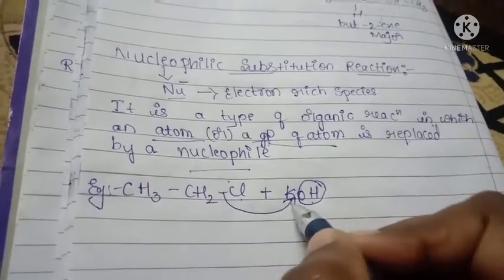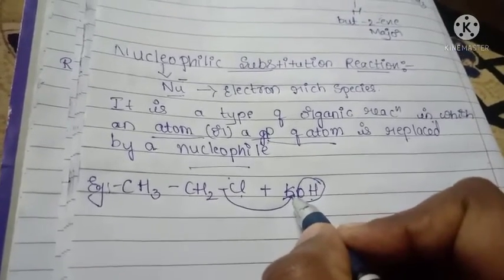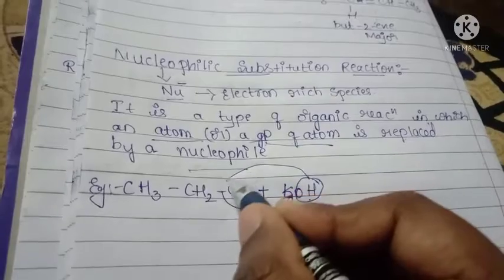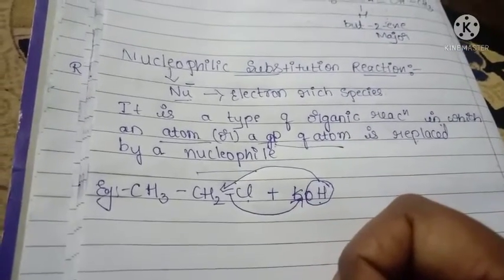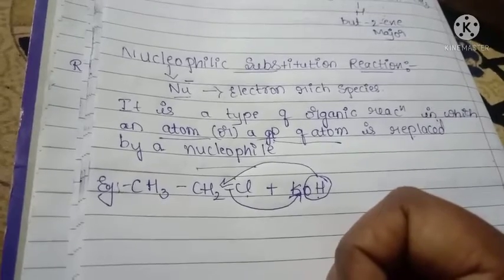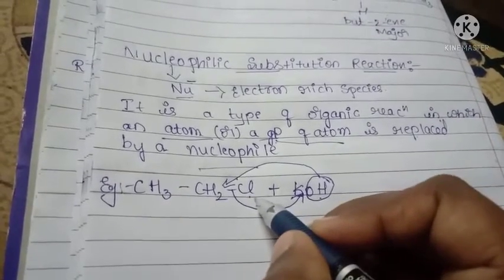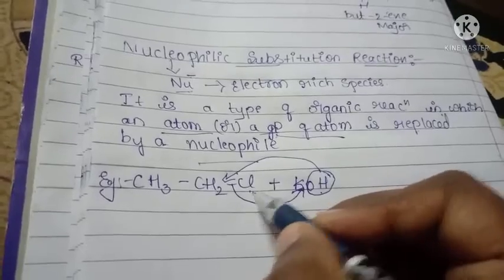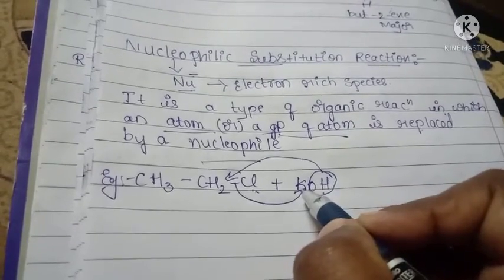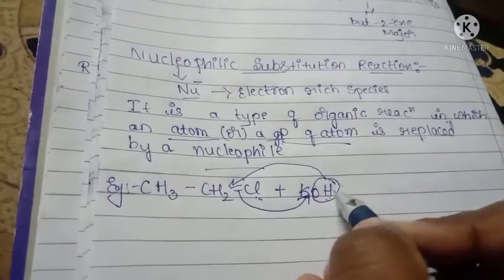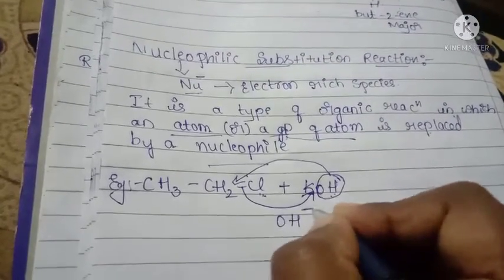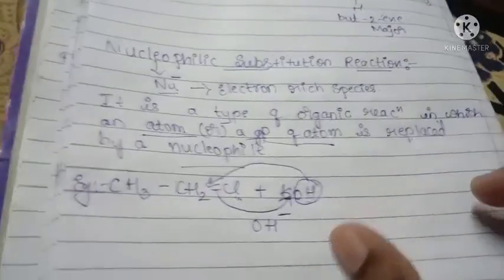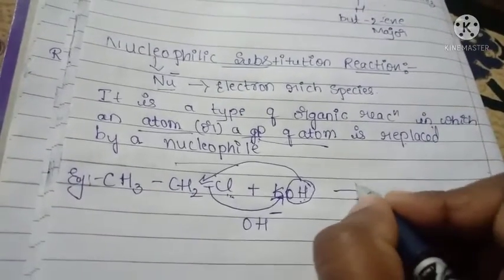This chlorine atom is substituted or bonded with potassium. This OH group is attached in the place of the chlorine atom. Now you get the point. Here the Cl group is removed and this Cl is attached with potassium, and this OH is the nucleophile, it carries an OH minus ion, the alcoholic group. So then the product is